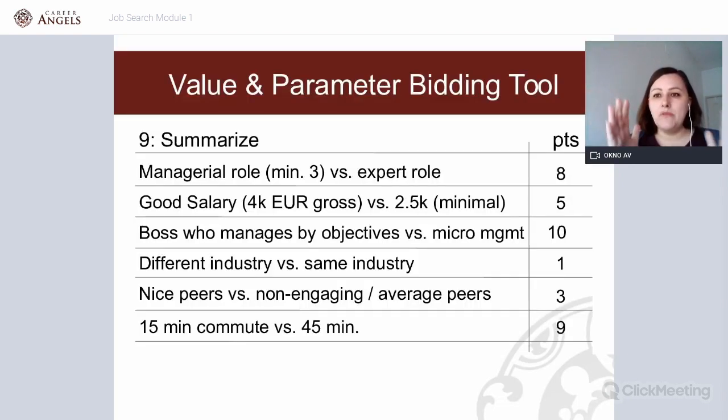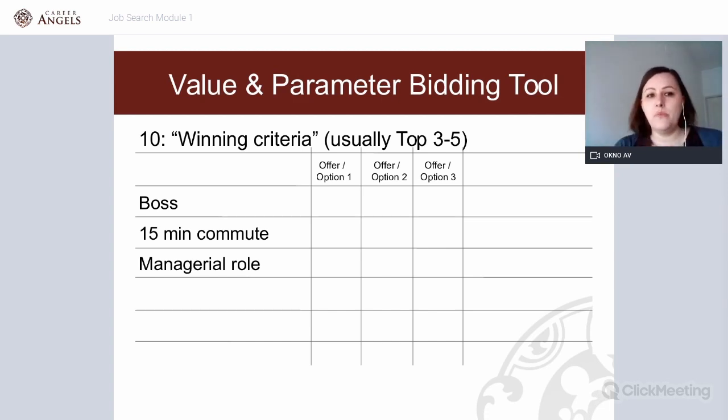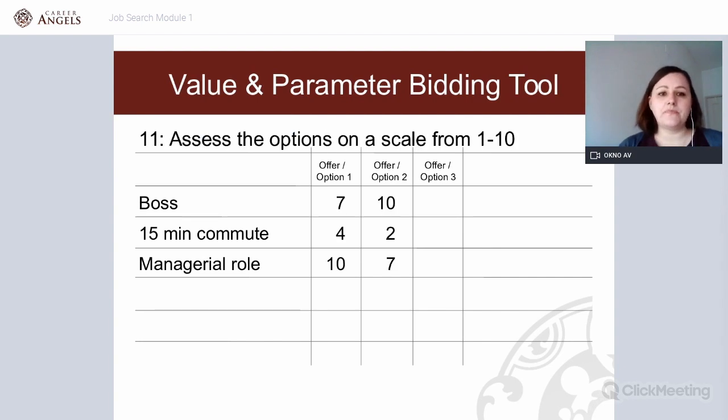Step number 9, you then summarize which of the criteria actually won. So your objective must-haves. Usually, when doing the exercise, you will come up with 3 to 5 must-have criteria, which means that once we have that, we can put the winning criteria onto another table and say, okay, it turns out that the 3 most important things currently are the type of boss, 15-minute commute, and to be a manager. And then when you have, and here it's either the career paths or the actual offers, you start grading. Okay, if I decide to take that offer, this is the boss, this is the commute time, this is the